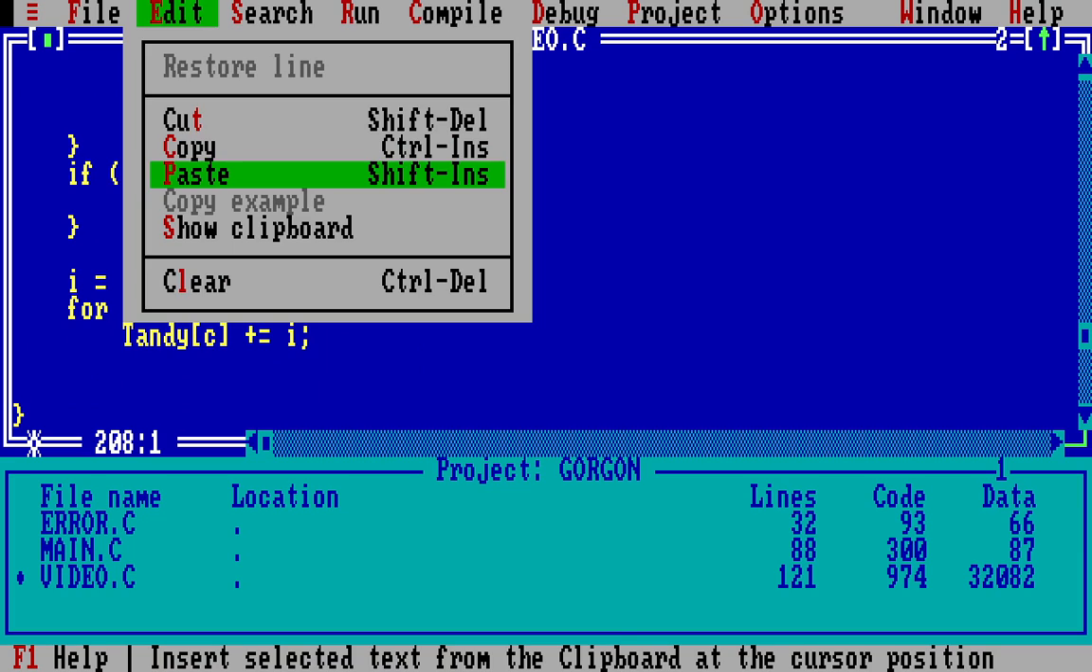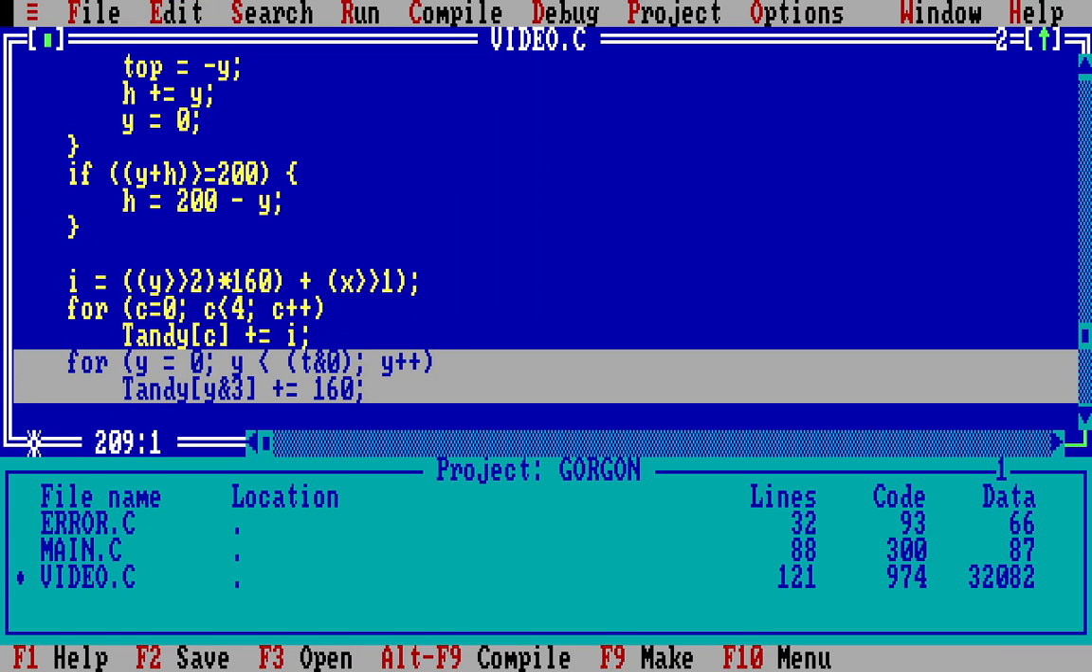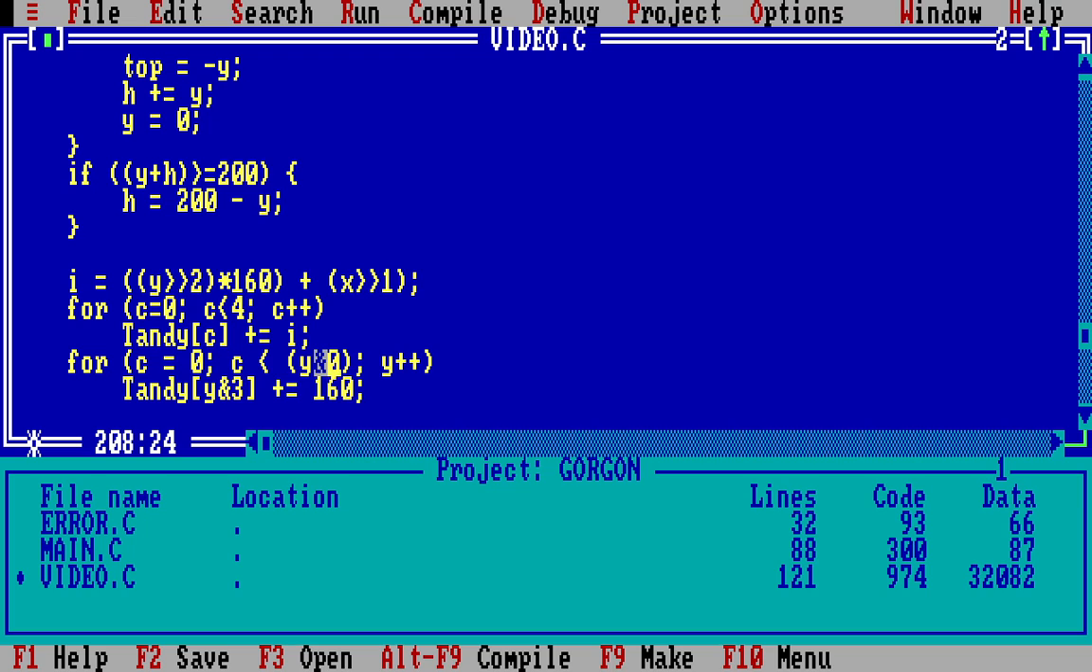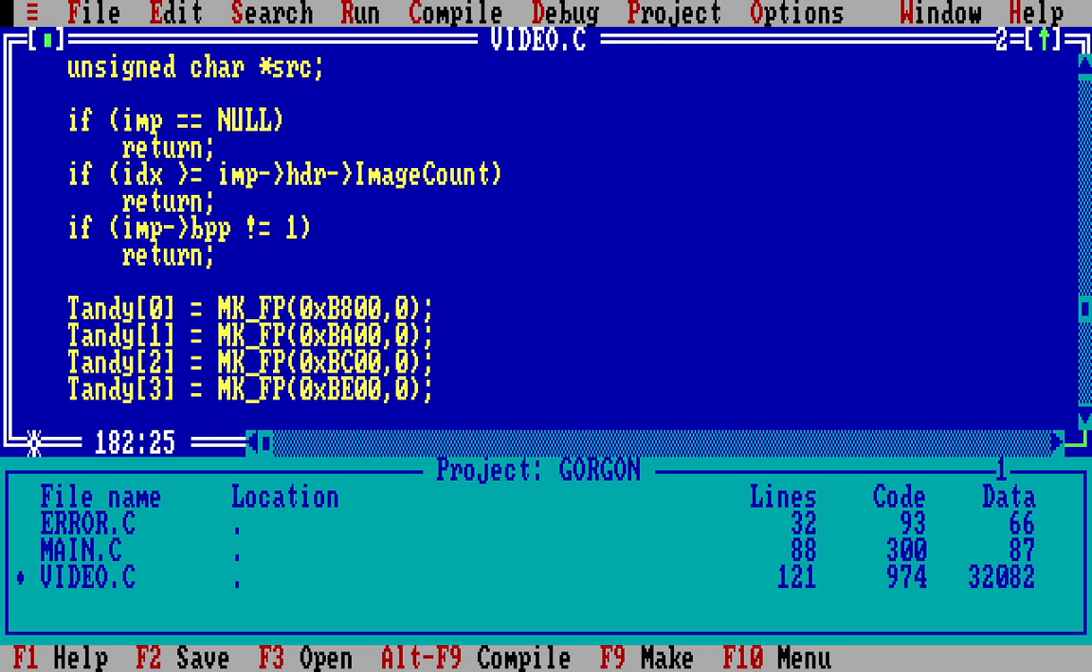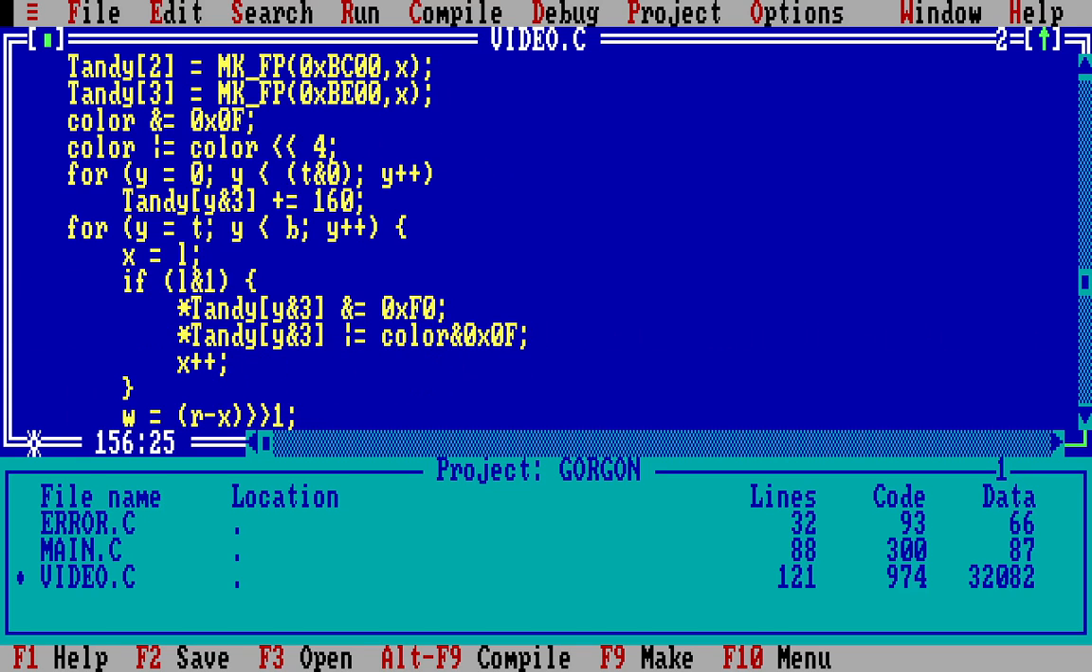Okay, so edit, paste. So we're just gonna call this C, and we can say, wait, should that be 0? Come back up here. I think that's supposed to be 3. I don't know how that was working. I must have just so happened to have the right number of